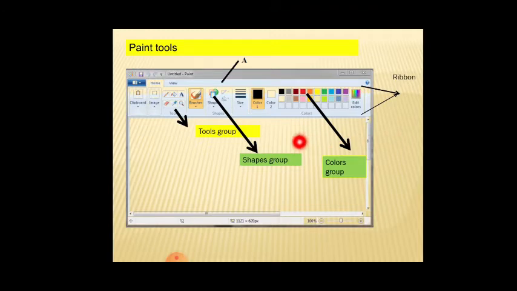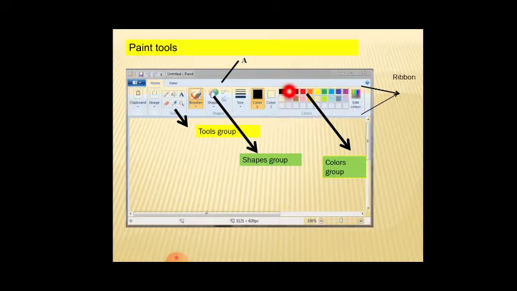You can see here some of the paint tools. This is the tools group. What do you mean by a group? The total number of tools available on one frame is called a tools group. Next is the shapes group. If you click on this, you get a lot of shapes. Then the colors group, with many different colors here.